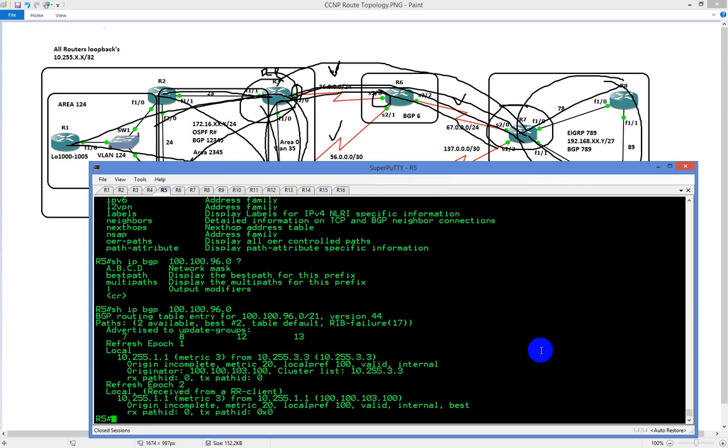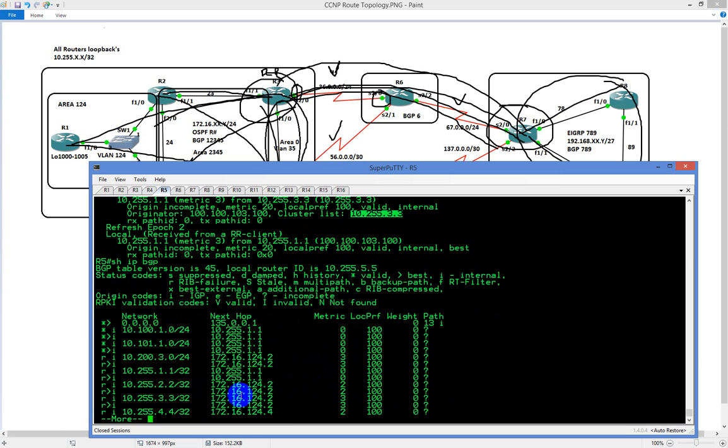So here we go. The way this breaks down is pretty simple. The originator is this guy, router 1. The cluster list is router 3, so we're learning it from router 3, and it's being reflected to us. That's one way to look at it, and that's how we're learning the route, via router 3. If we were to do a show IP BGP, as you can see here,